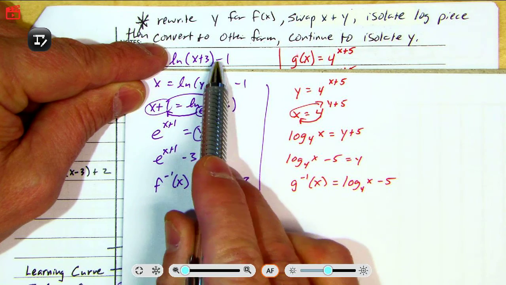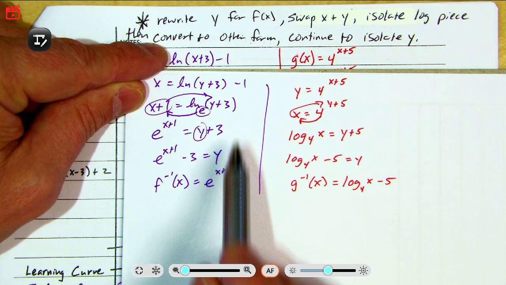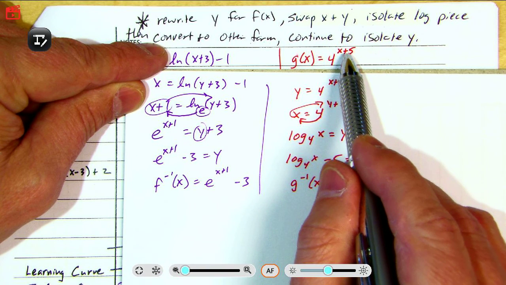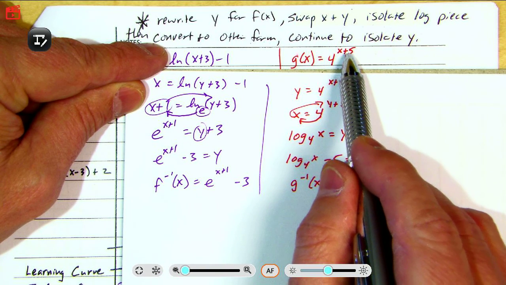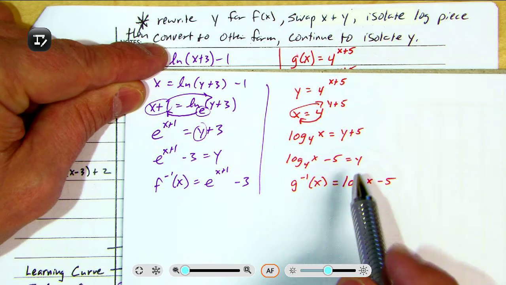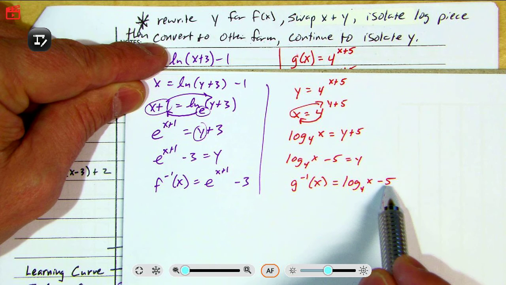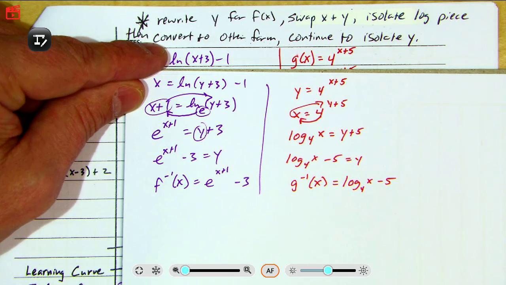That happens for inverses. Same thing over here. Doesn't this say that we move the whole exponential left 5? But what happens for the inverse? It looks like it moves the logarithm down 5. So again, there's a great illustration of how inverses work and how they swap domains and ranges. That was a